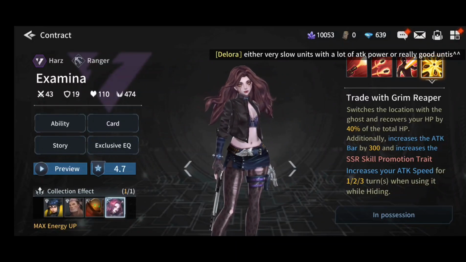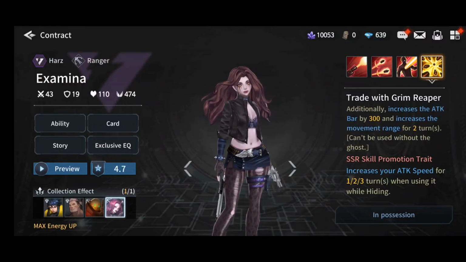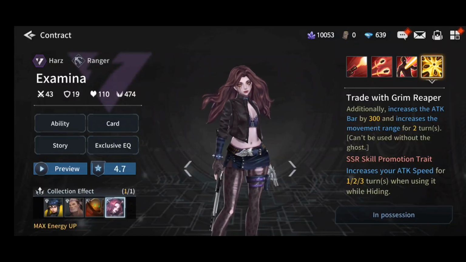She switches the location with the ghost and recovers her own HP by 40% of the total HP. Additionally, she increases the attack bar by 300 and increases the movement range for 2 turns. But this cannot be used if you do not have the ghost out. Under a promoted Rage card, this will increase her attack speed by up to 3 turns if you use it